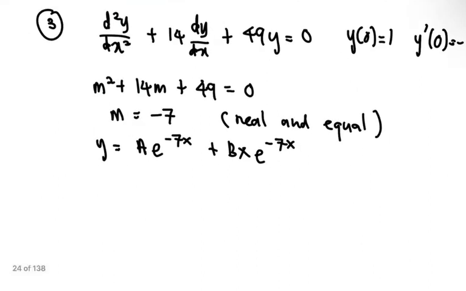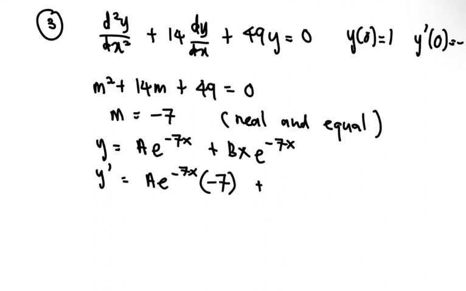Okay, so substitute the initial value first. Before substituting, let's differentiate to get the y prime. So find y prime. So a e to the minus 7x multiplied by minus 7